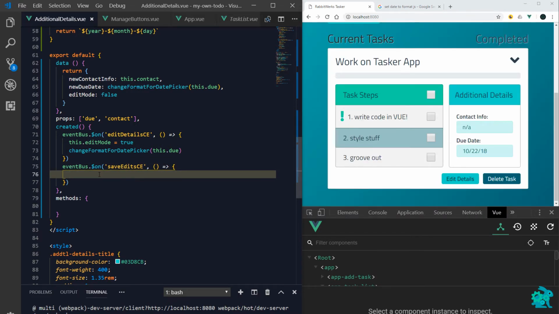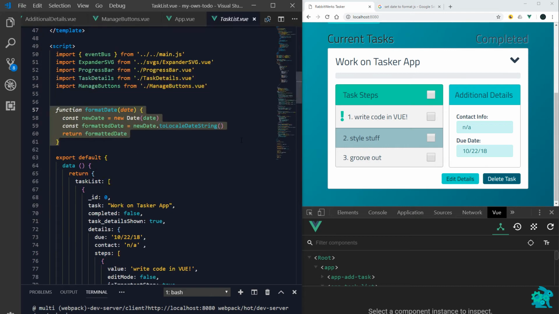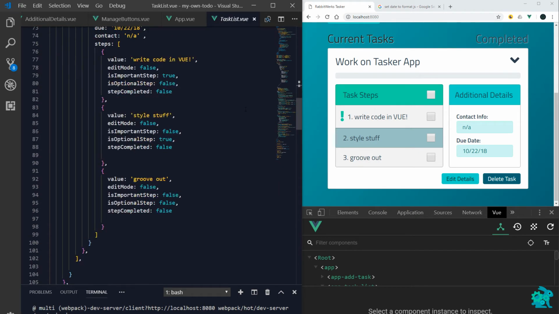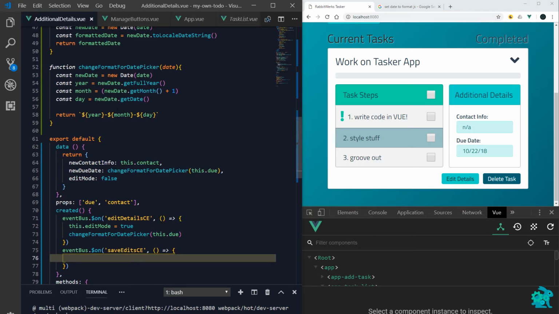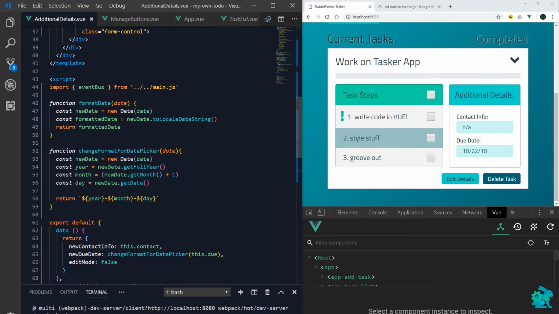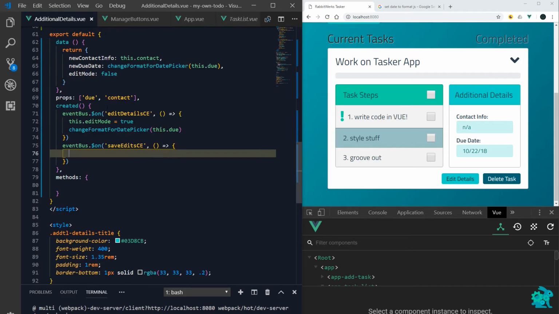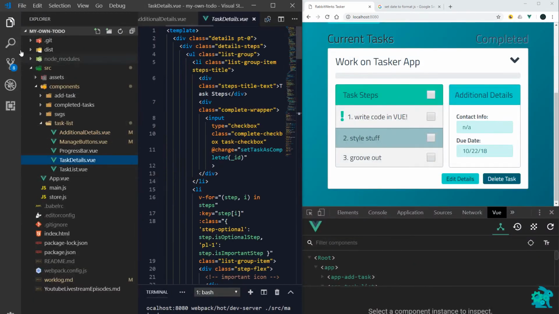And in there we want to run another custom event that we're going to listen for to update, let's see, so this is getting passed in, oops, right here as props. So let's look at the task details component,